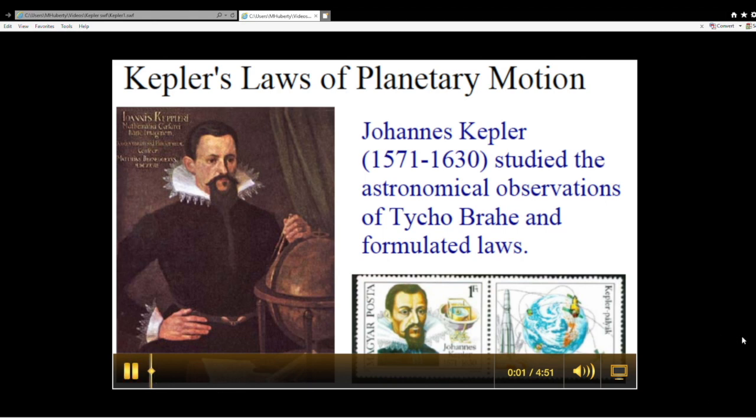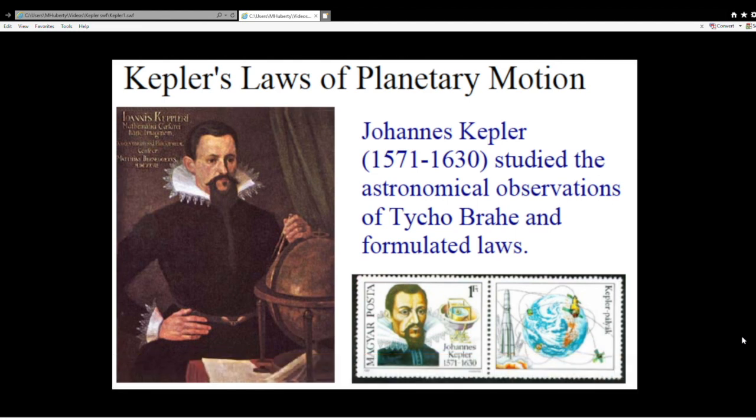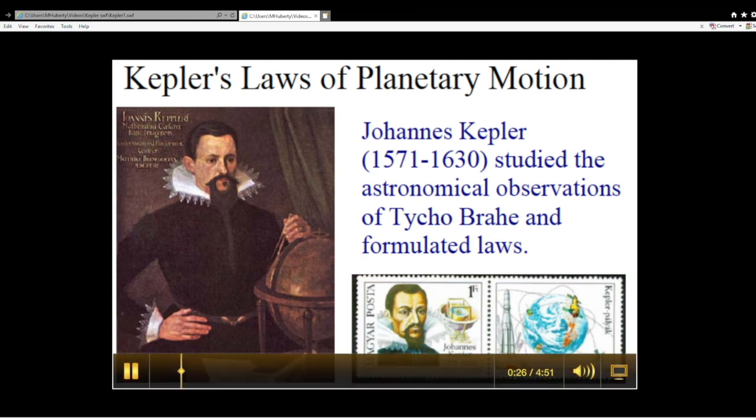To begin our study of Kepler's laws of planetary motion, we'll start with who these people were who came up with the laws, and what the laws are, and then we'll get into the proof of the first law. Johannes Kepler was a German astronomer who lived from 1571 to 1630, and he had actually worked under another astronomer,